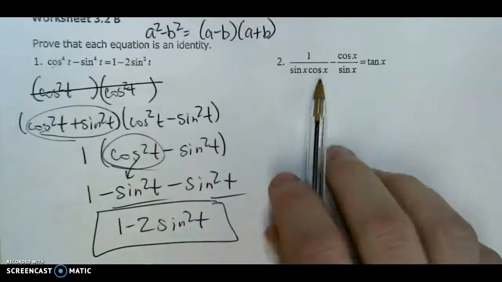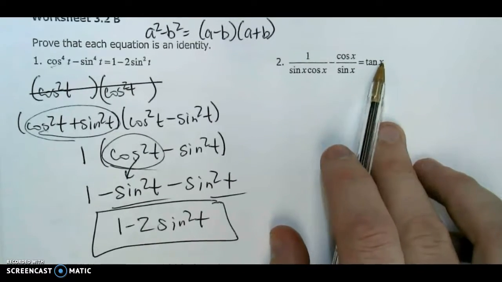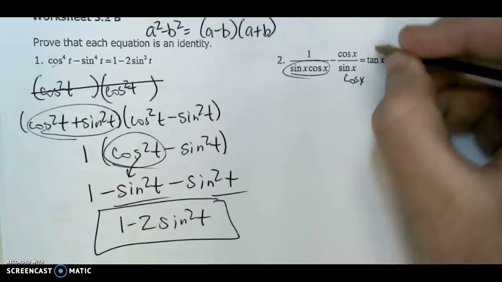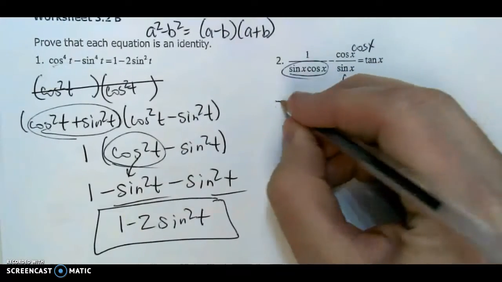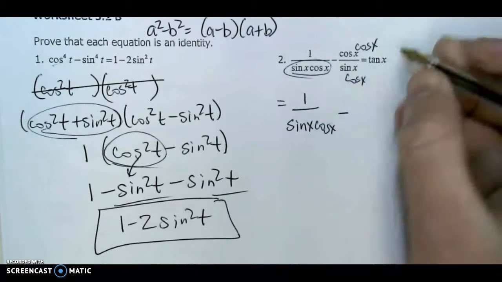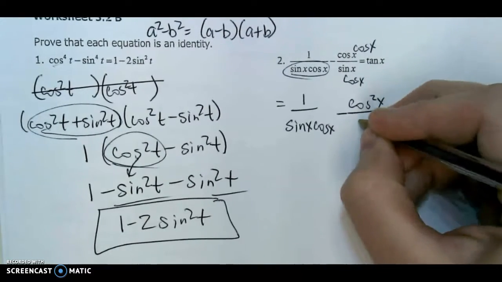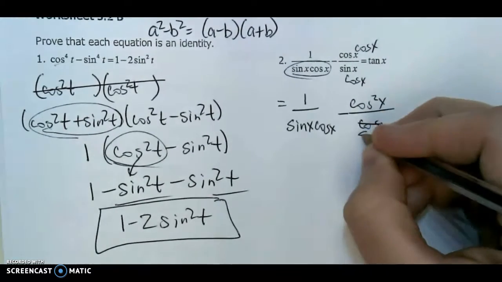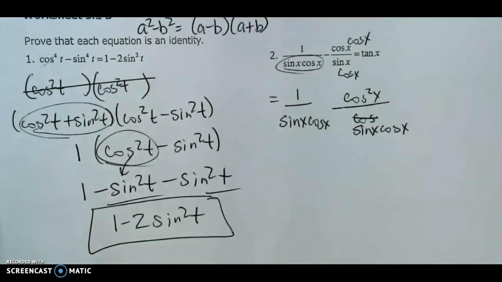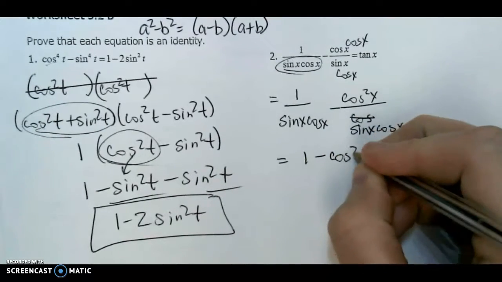Number 2, I see two fractions together, and at the end there's only one term. So that tells me common denominators. To get a common denominator, I need a cosine on the bottom of the second fraction. So I have 1 over sine cosine minus, when I give cosine to this one, it'll be cosine squared over sine cosine. Now they have matching denominators, and then you can subtract them. So on top, you have 1 minus cosine squared,